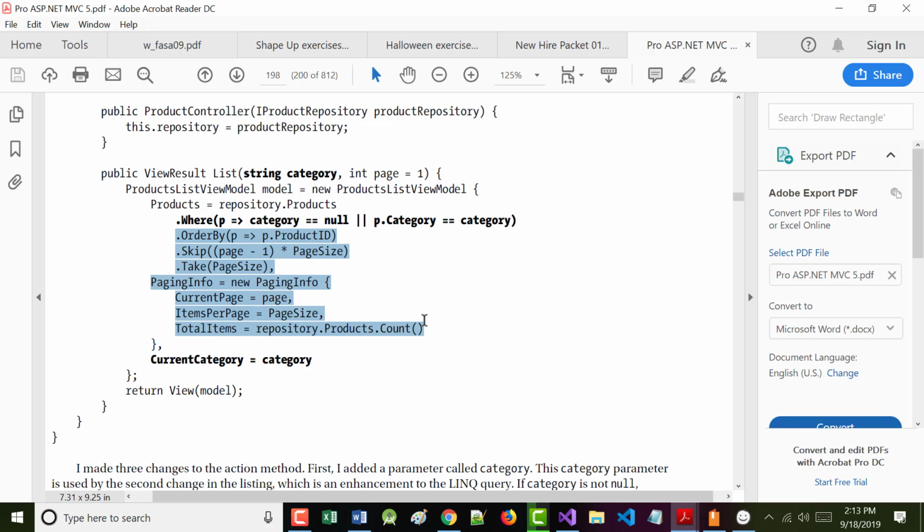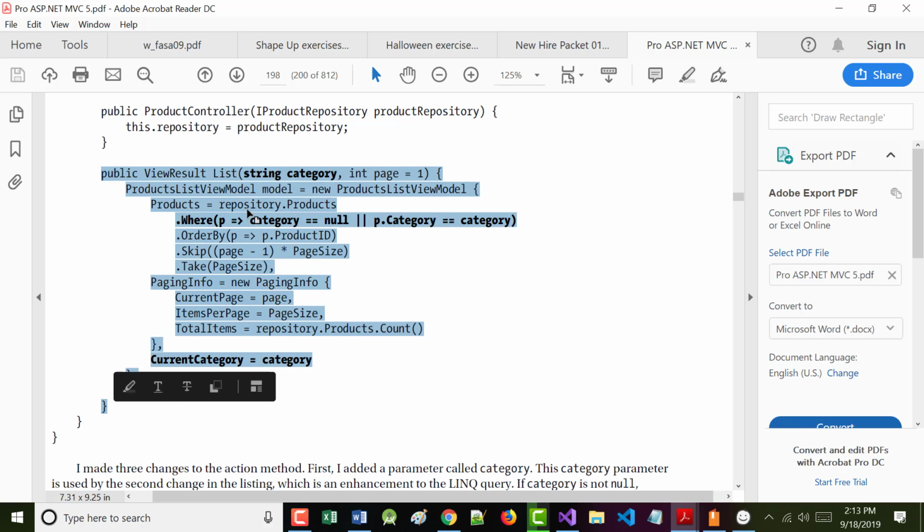But the difference is now we want to allow the user, we're not by any means done yet, but we're going to want the user to be able to filter by category. All right. Once you see this, I'm going to show you something, because the way we'll do it next week, again, will differ from this. All right. So I'm going to just grab the entire list method, all right, that's inside of our product controller.